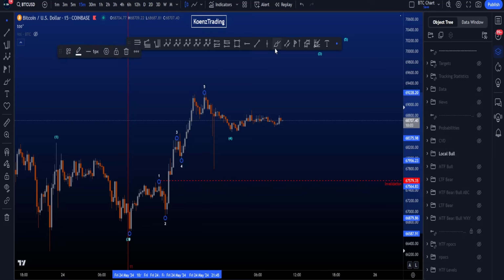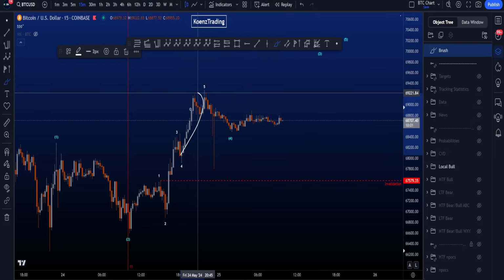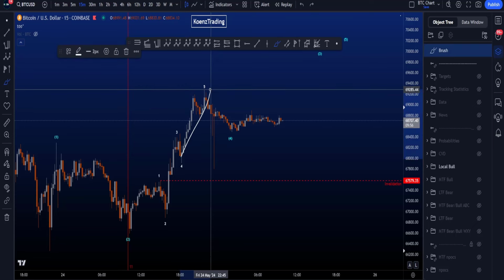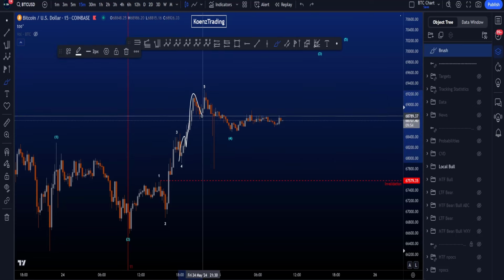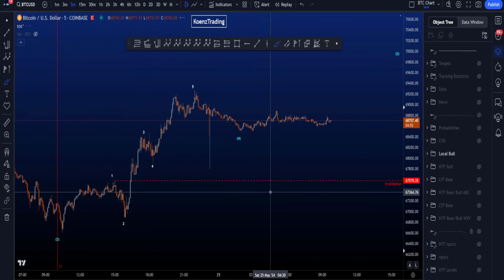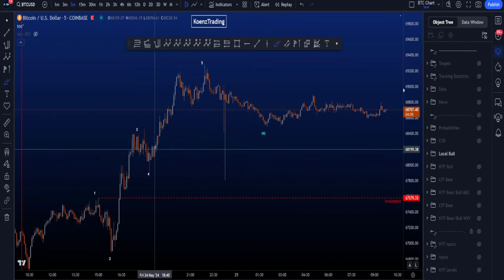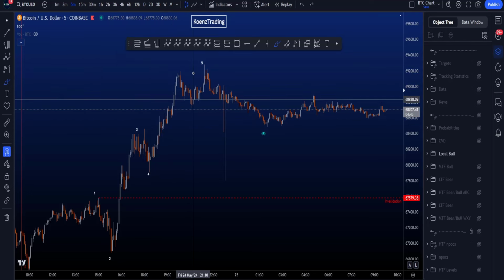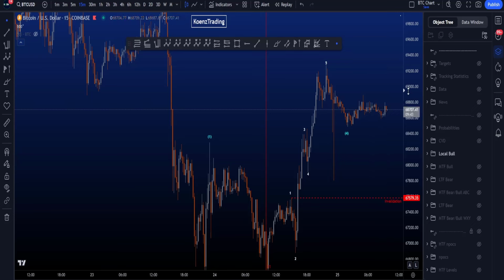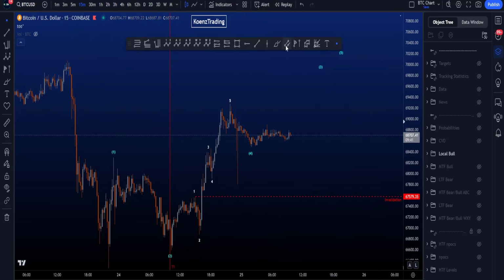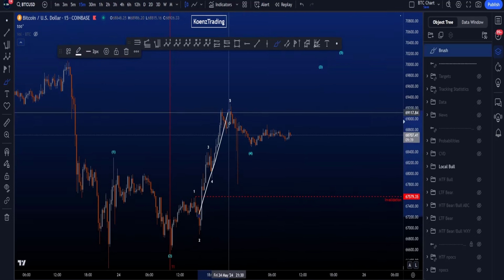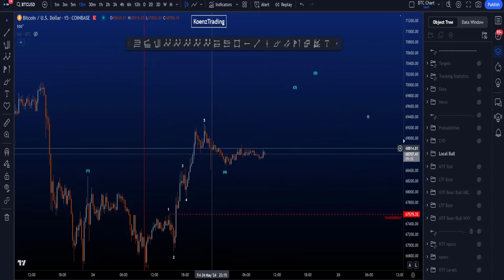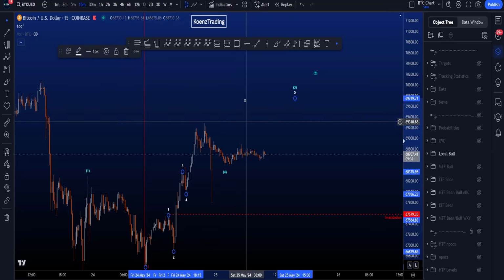But if I put wave 5 there, then where is your wave 2 compared to your wave 4 here, right? Because inside 5 you need to count a 1, 2, 3, 4, 5 wave structure. But as you can see on the lower time frames, all of the ranges here are very, very short, while your wave 4 is very, very long. So that also doesn't really support the impulse to the upside counted in such a way. Now this is the main reason why I prefer the wave 5 to not yet be finished,